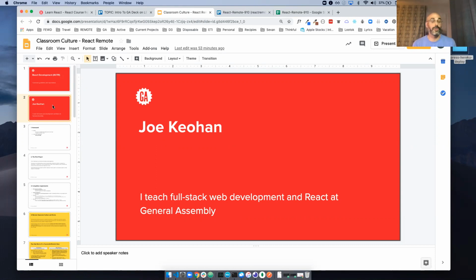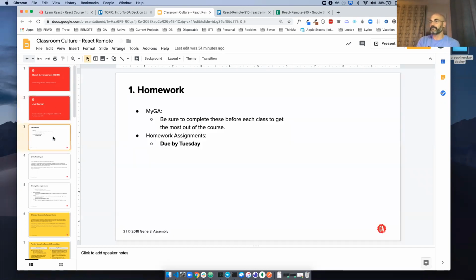So we learn everything from React on the front end to Node and Express to Ruby on Rails on the back end. I teach the Vue class, the JavaScript class. So I've taught a lot of classes, and I've taught remote as well. So I kind of prefer the remote. I get to stay home in the comfort of my home and get to teach and record classes. So it's pretty awesome. If you have any questions about the other programs, feel free to reach out to me.